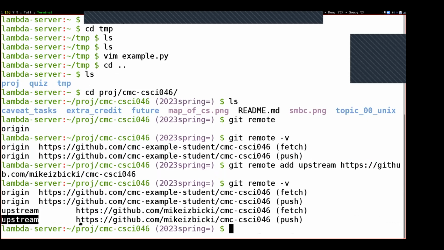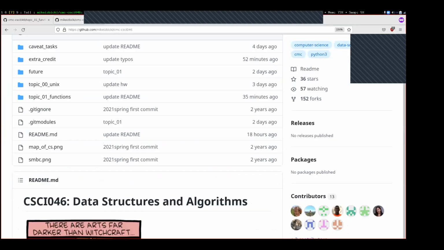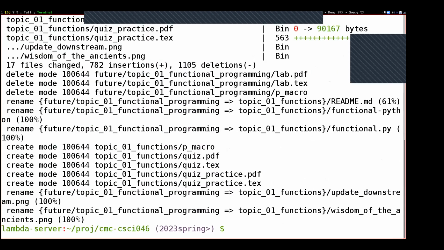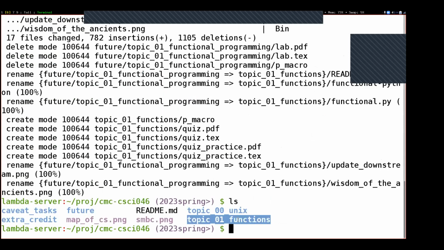In order to get the information from the upstream repository, the command is git pull upstream, and then the branch that you want, 0.3 spring. Before I hit enter, I'll come back over to the cheat sheet. Position 0 was the git remote add, and position 1 is the git pull upstream branch, which is going to take the information from the upstream repository and put it back onto the Lambda server. I'll hit enter. You get a handful of output like this. Type ls, and now you can see that this topic 1 functions